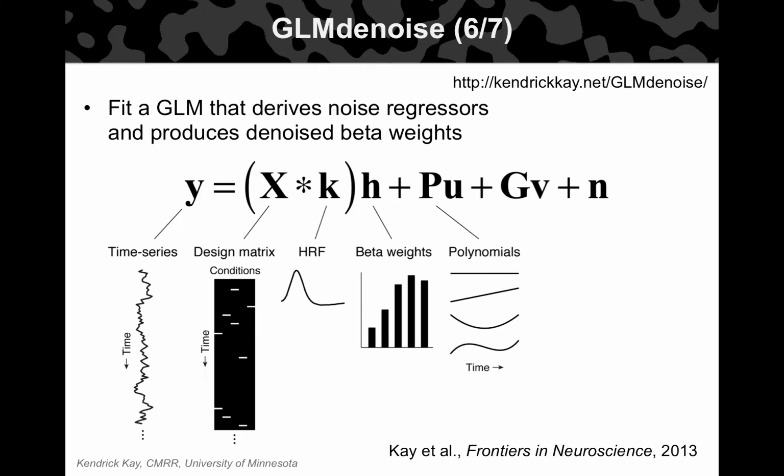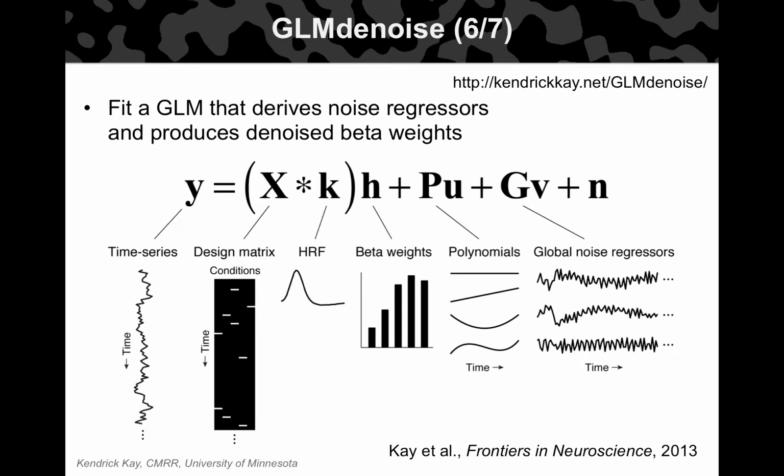And typically we know that we expect massive amounts of low frequency drift. So in this case, we incorporate that in the design matrix, in the experimental characterization. Here we separate that out from the design matrix. So that's very typical. And the key is, what are these global noise regressors? So, there are many approaches.